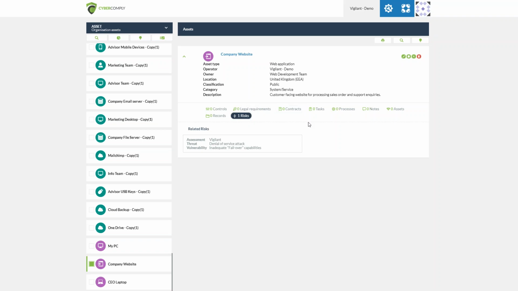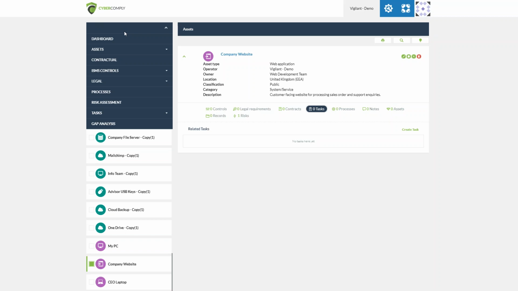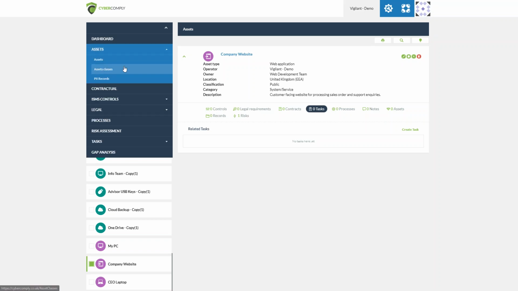Along the top here, you'll also have extras such as linking to contracts, tasks that you may be wishing to assign to both yourself and any other member that has access to the platform. We can also see if this asset relates to any other asset within the organization, and if there's any use of controls directly on the asset, not necessarily with the assessment itself. So once we've gone through the asset level itself on a very granular level,